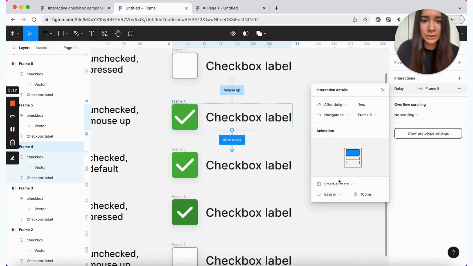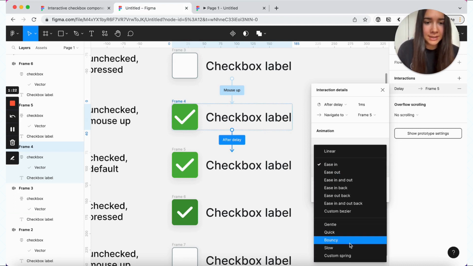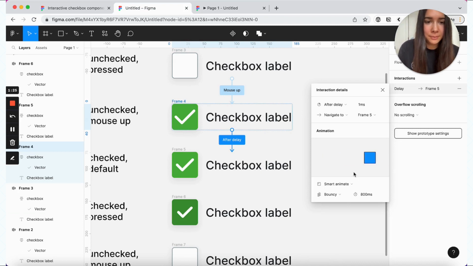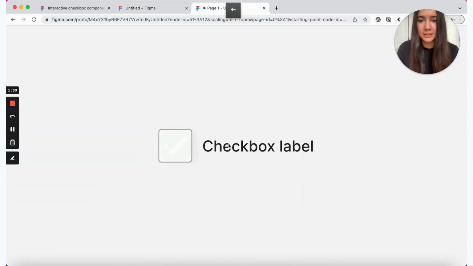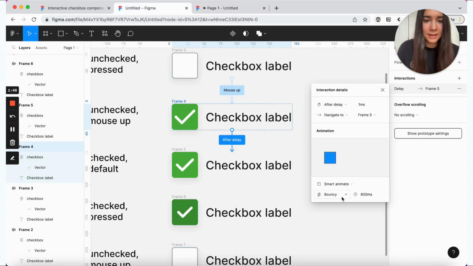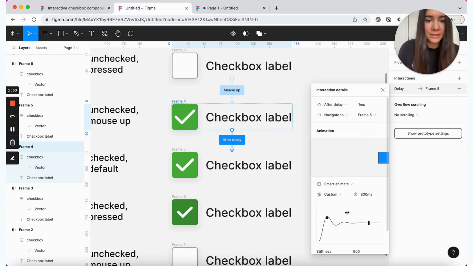So I'm going to return here, and I'll change to one of their preset functions. I'll choose the bouncy one. And yeah, let's go back and let's just see what it looks like. So this one is maybe slightly too bouncy. And the fun thing is that even after you set one of the preset functions, if you go to custom spring, it's going to preserve that preset and you can play with it right away.